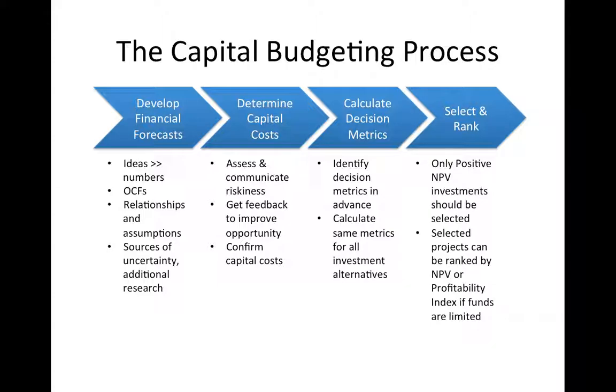But we do want to use a consistent set of decision metrics. We use metrics in capital budgeting called net present value, or internal rate of return, or payback period. Some companies use other things along with that. We will cover that separately in this section. We'll talk about each of those. But the idea would be that with these decision metrics, you're going to calculate a metric, and then you're going to have a rule that says based on what comes out of that calculation, the project's either a thumbs up or a thumbs down.